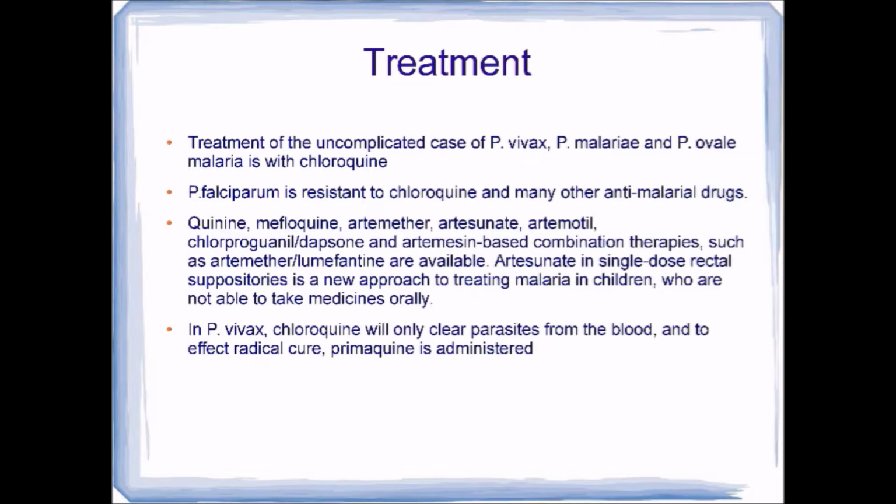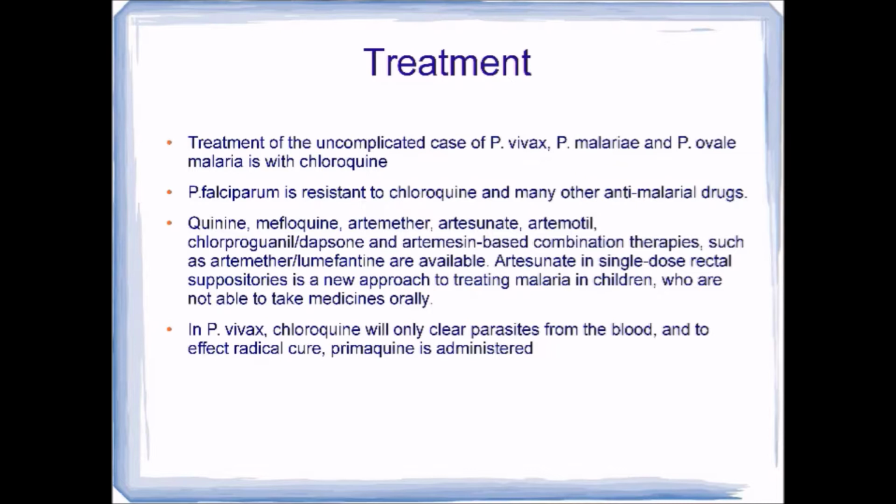Quinine, mefloquine, artemether, artesunate, chlorproguanil-dapsone and artemisinin-based combination therapies, such as artemether with lumefantrine, are available. Artesunate in single-dose rectal suppositories is a new approach to treating malaria in children who are not able to take medicines orally. In P. vivax, chloroquine will only clear parasites from the blood, and to effect radical cure, primaquine is